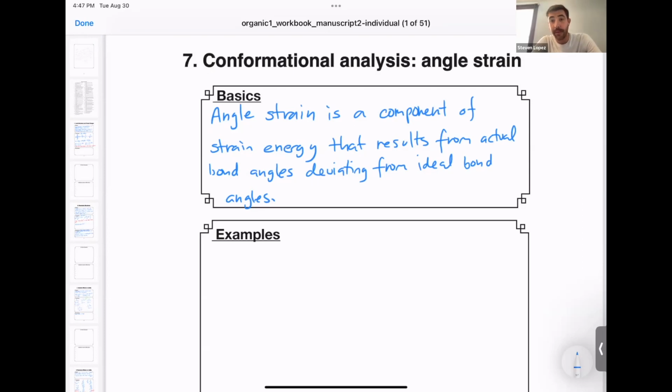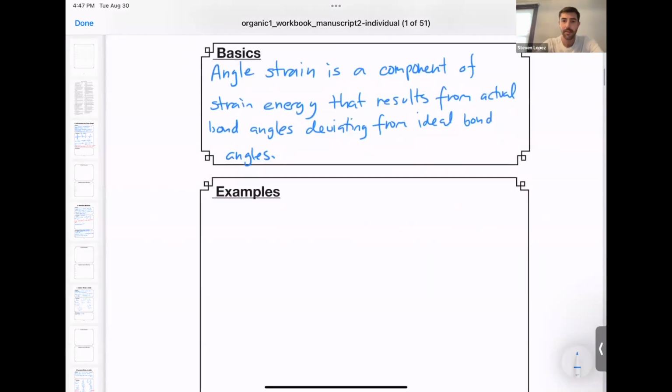Today, we'll be talking about conformational analysis, focusing specifically on angle strain. So here are the basics. Angle strain is a component of strain energy that results from the actual bond angles in a molecule deviating from ideal bond angles. First, when we think of a molecule like methane, for example,